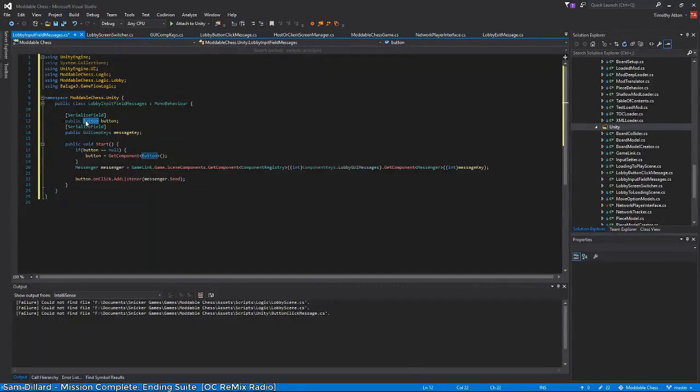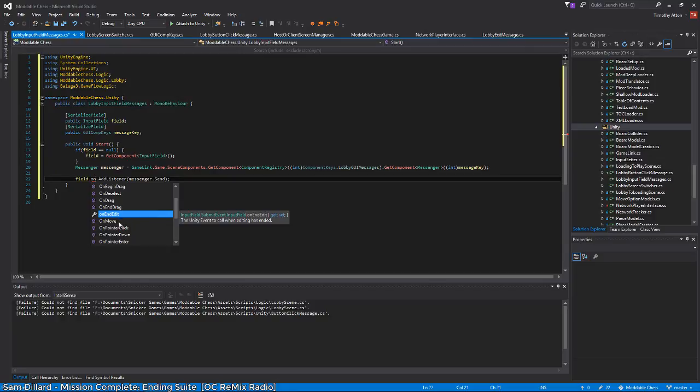Okay, so now we have the input field here. Let's change that to field, just to look better. Right, so I think they have on, oh, they have a lot actually. So on value change, on value changed, on end edit. Oh, that's deprecated, okay. So we want